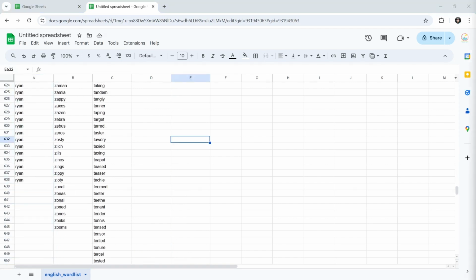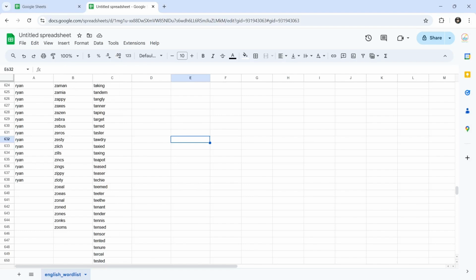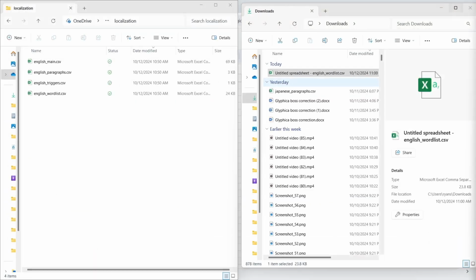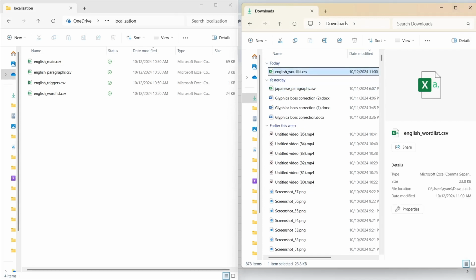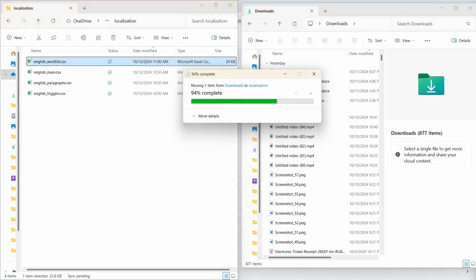And now that we're done here, we want to export this file as a CSV so we can prepare it to add it to the game. Now you take the exported CSV, make sure to rename it as the same file that you want to replace. So in our case, English_Worldlist, and then you copy and paste it into the localization folder that we opened earlier